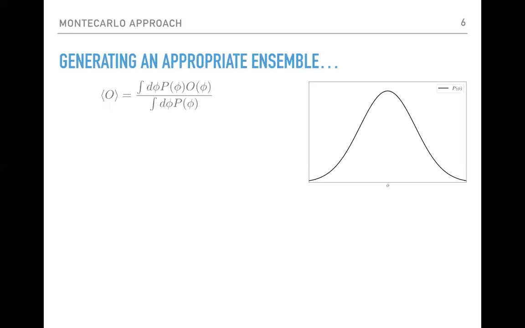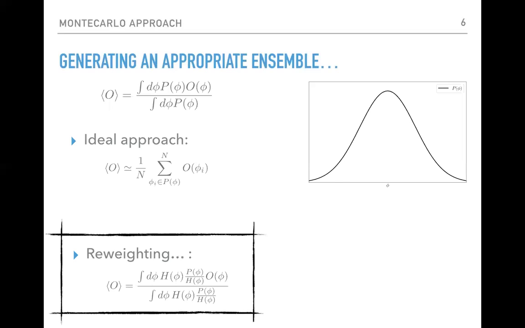So when you generate an ensemble, you have a probability distribution, and what you do is you generate configurations according to this probability distribution, and then you just take expectation values in this way, where the configs are taken from this already simulated ensemble. What you can always do is multiply and divide by some function h, and instead of sampling this initial probability distribution p, sample a different one, which might be h, and then you can always correct for this. This technique is called reweighting.